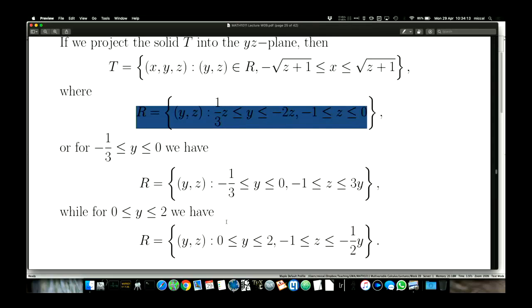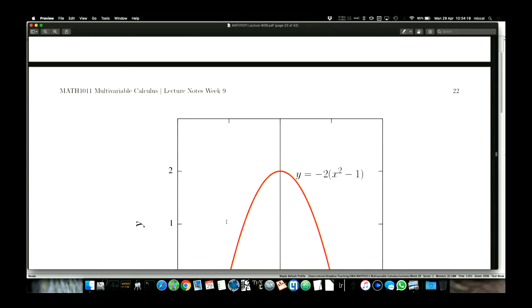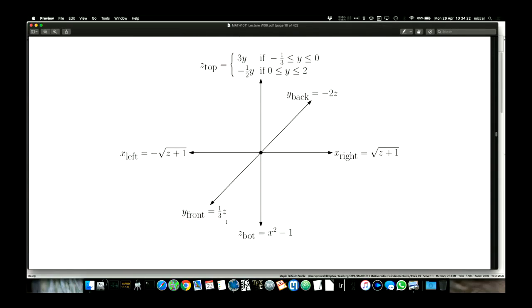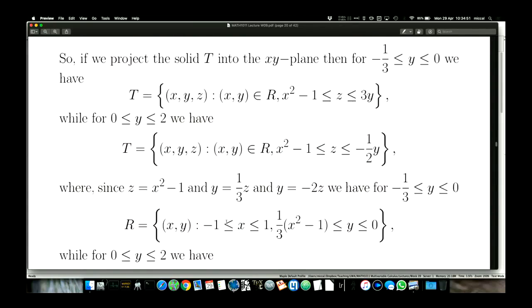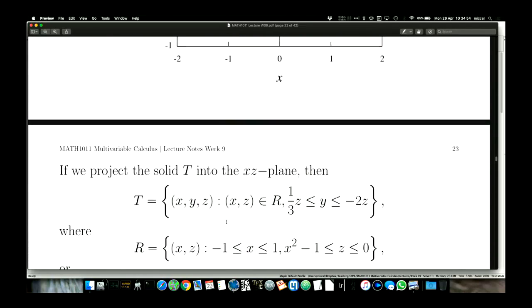So once you've set this up, you can then decide what's the best way to go. And that decision's based on 2 things. You work this out, and then when you squash it, depending on which iterate you decide to do, this is telling you don't integrate with respect to z first, because the z top bit is being split into 2. But that means that now I've got y and z. The next iterate I choose now depends on what they look like when I squash them into each plane, when I think of what the shadow looks like. And that's what all of this is figuring out. But in theory, provided you can do the integral,